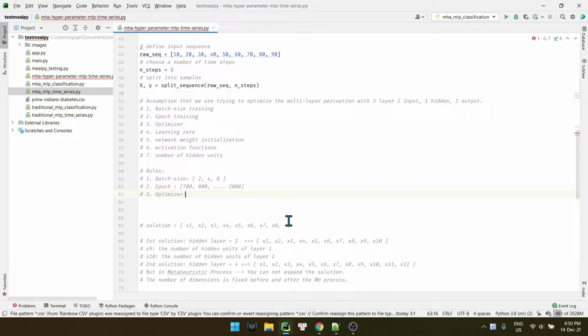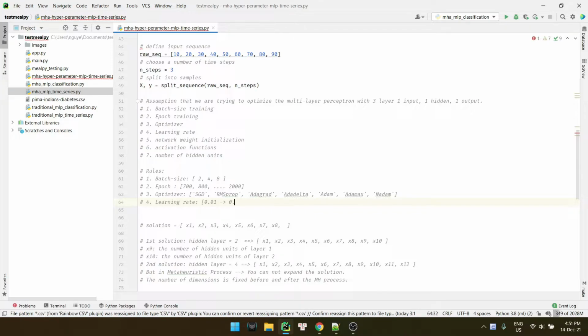Okay. For the rule for optimizer, lower bound and upper bound. Okay. So for learning rate, the learning rate should run from 0.01 to 0.1, right?